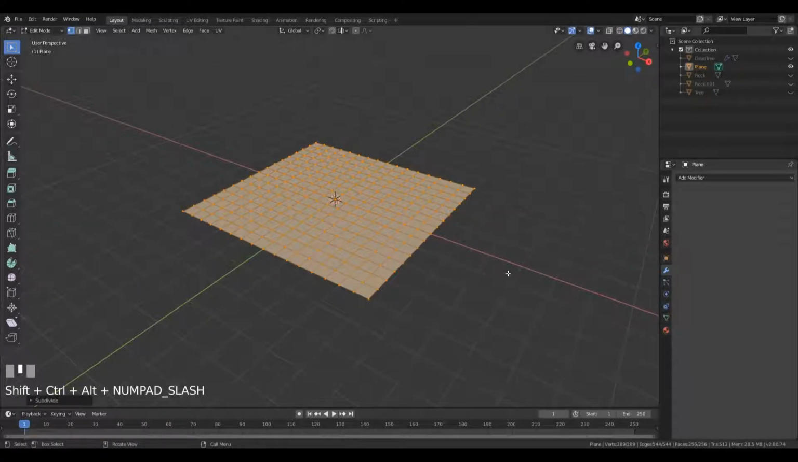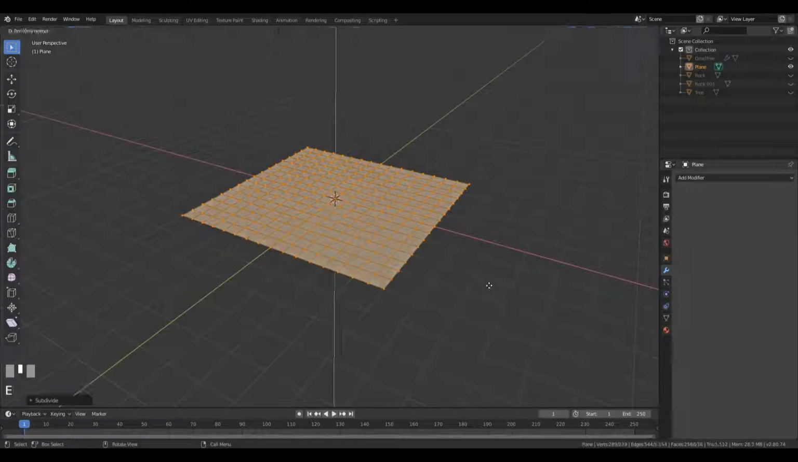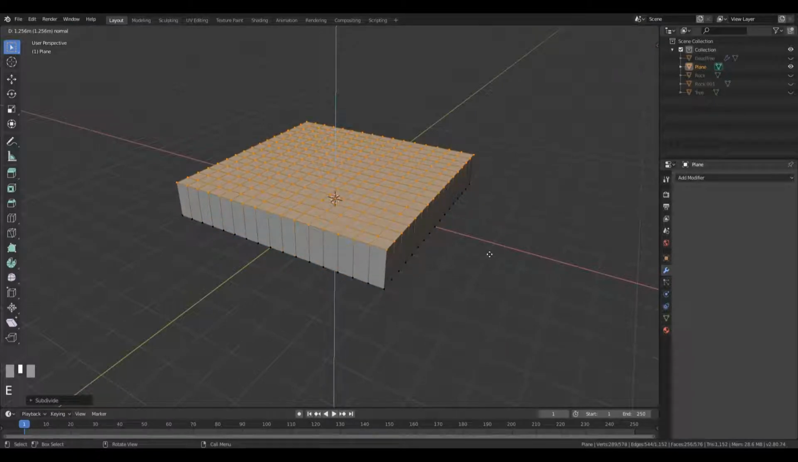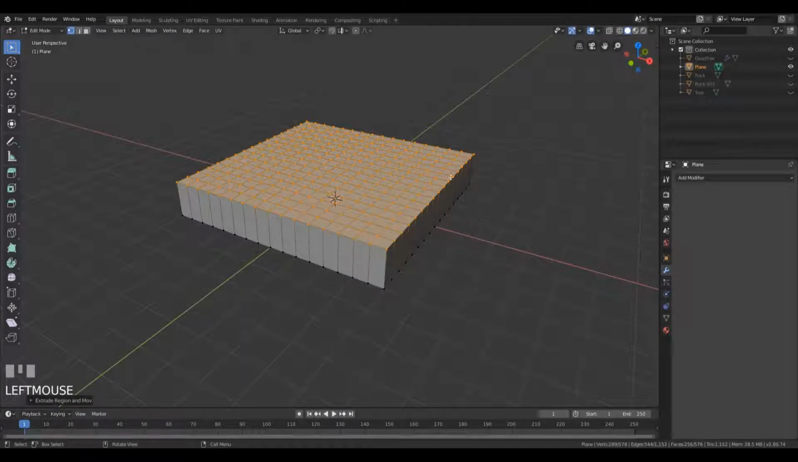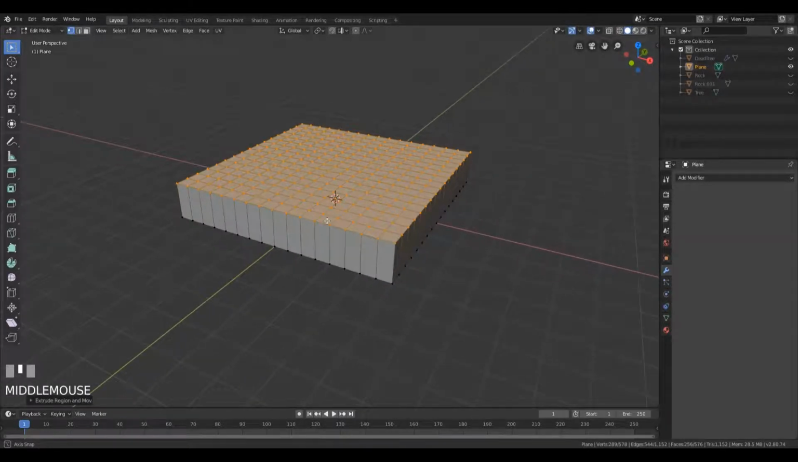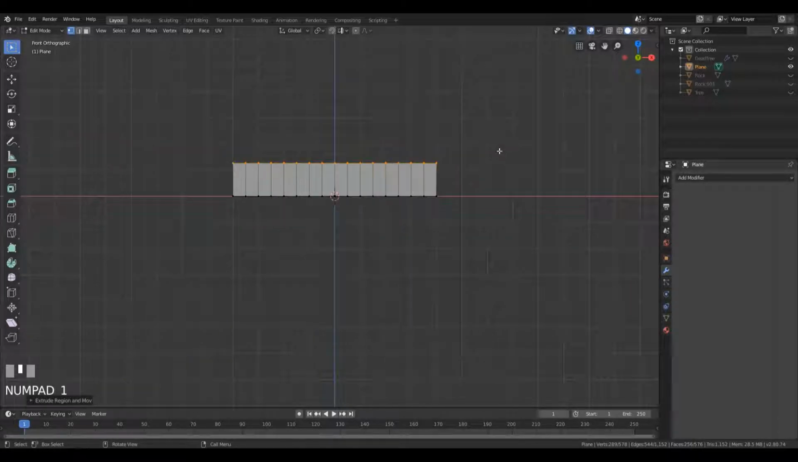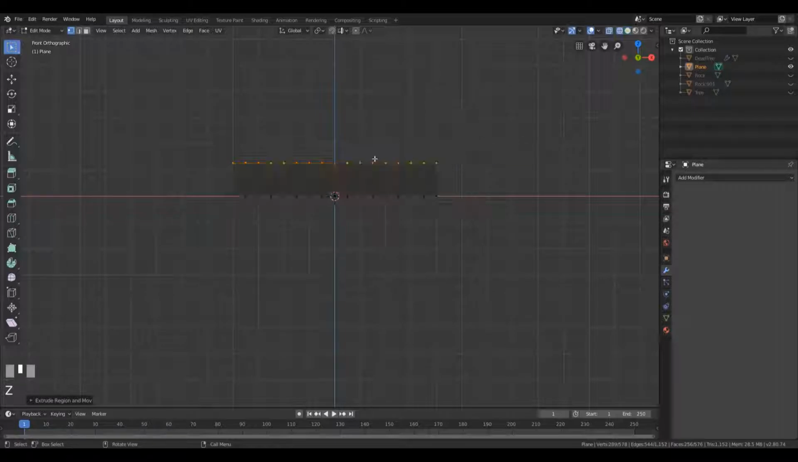Now let's extrude this up. So just press E to extrude, drag this up, maybe up until here. Okay, and now I want to lower this side to create that ridge where the water flows. So I want to go to the front view by pressing numpad 1, and let's switch to the wireframe view by holding Z and then wireframe,